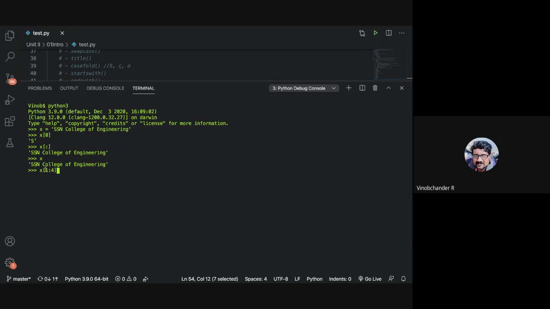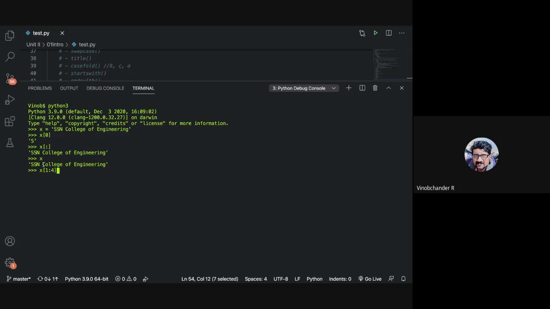So in that particular case, what will be the output? Just trace and tell me from "SSN College of Engineering". It starts from 0, 1, so it is S, then 2, 3.